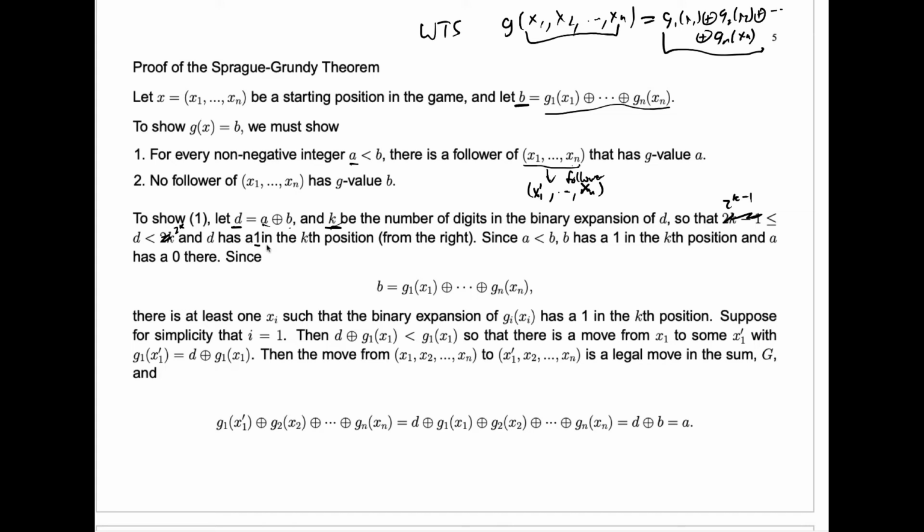So there's a 1 in the kth position. Since A is less than B, A is a smaller number than B, B will have to have a 1 in that kth position, and A will have to have a 0 there. Why is that true? Well,